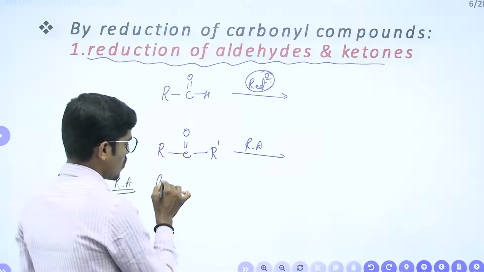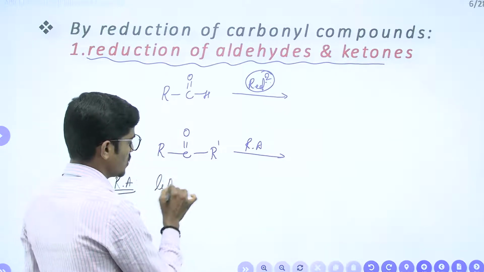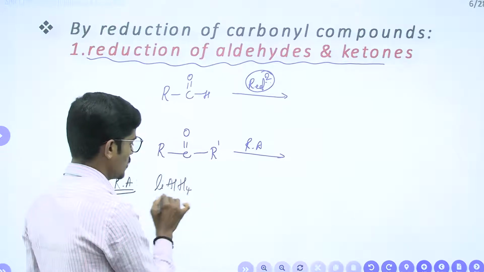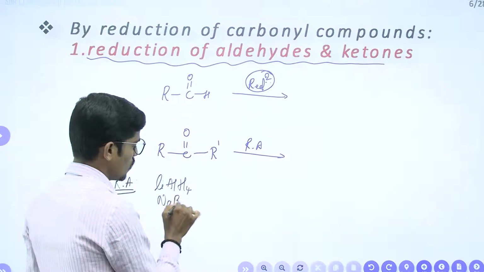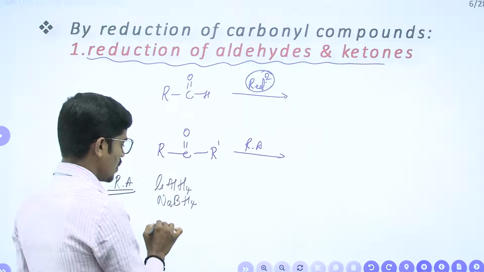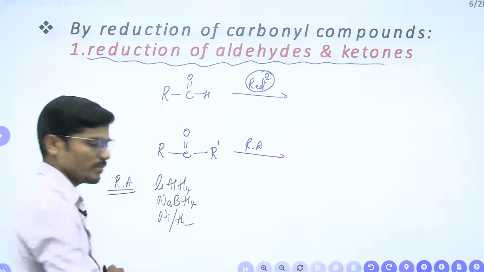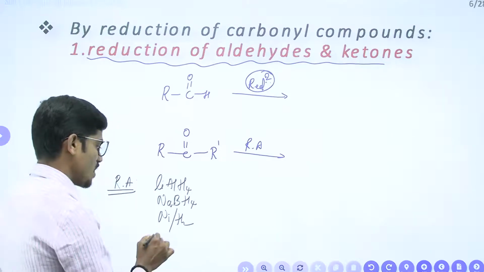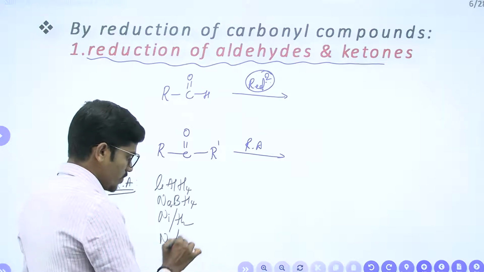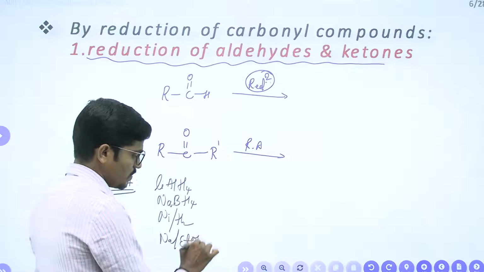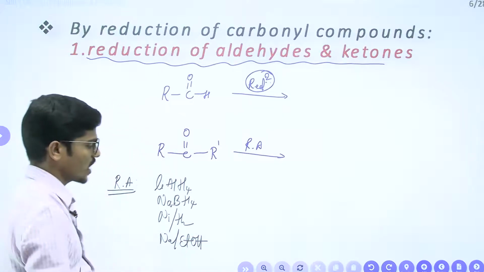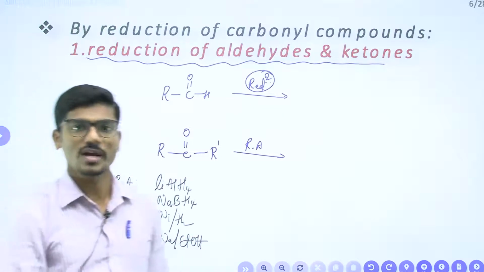The main strong reducing agents are lithium aluminum hydride, sodium borohydride, etc. But along with that, we can use hydrogen in the presence of nickel, palladium, or platinum, or even sodium in ethanol, that is in a basic medium, which produces nascent hydrogen that is used for the reduction of aldehydes and